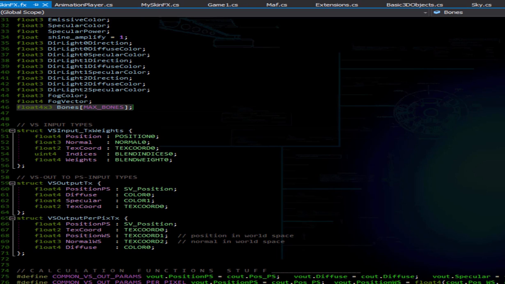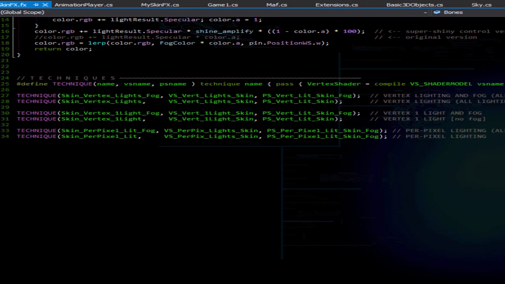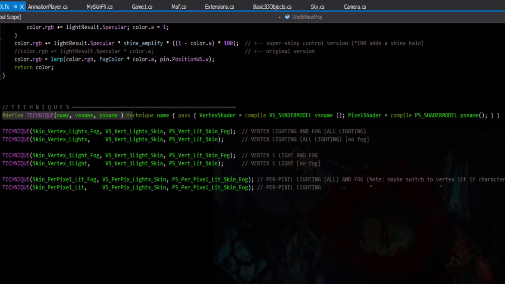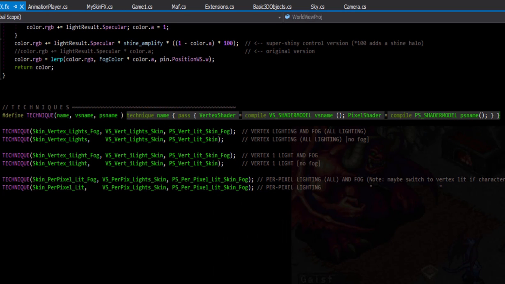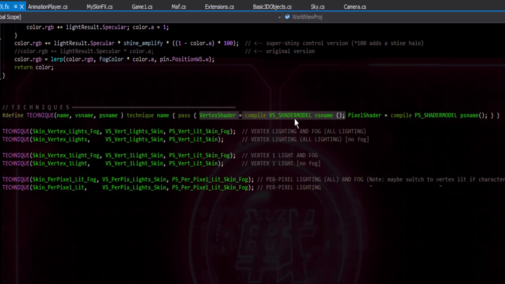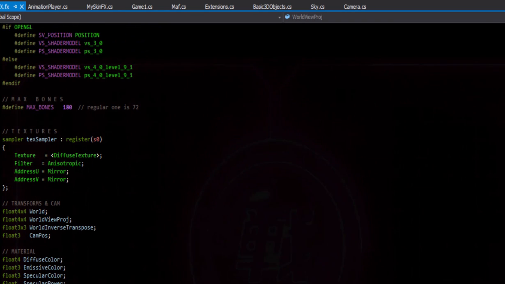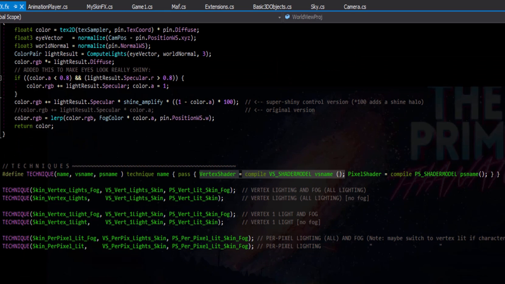So there's different techniques down here. And we got this define here, which just makes it a little simpler. It's the same thing as doing the usual technique thing, where we name a technique and then we can ask for a technique by using that name, and that technique will essentially be which vertex shader and which pixel shader we're going to use. So this is actually taking that OpenGL vertex shader model that we had up here, because we're using desktop, cross-desktop version, or at least I am.